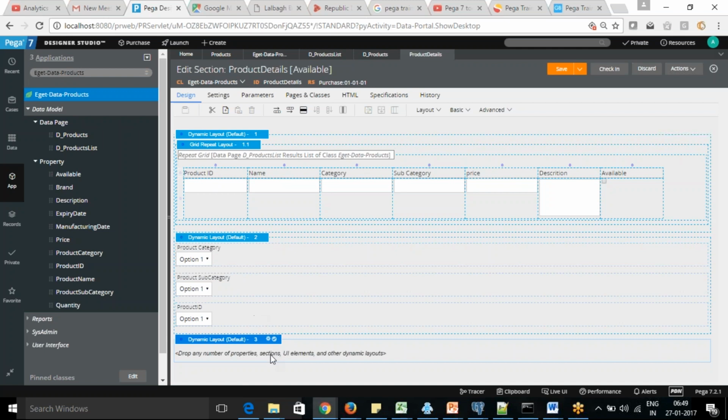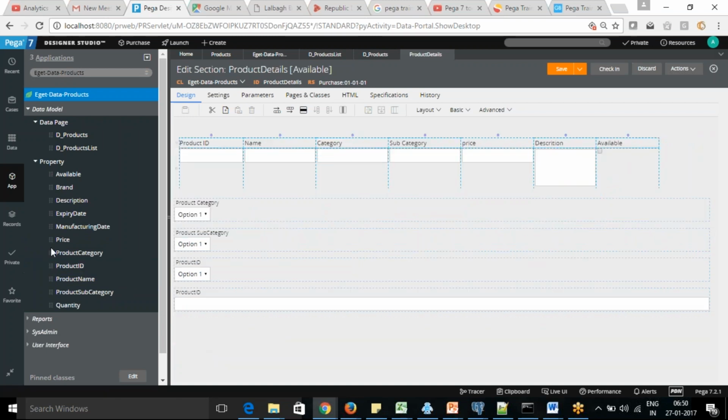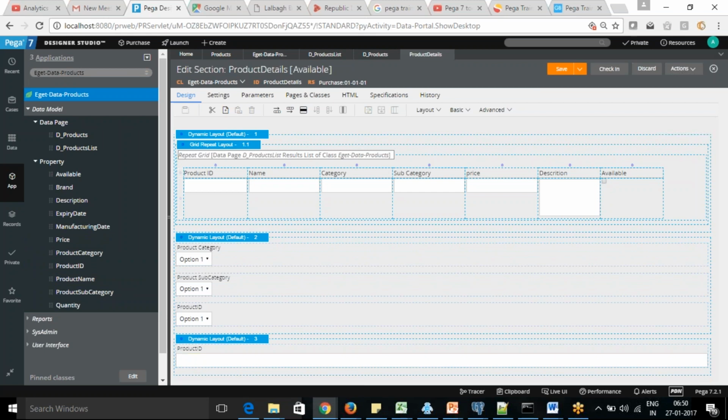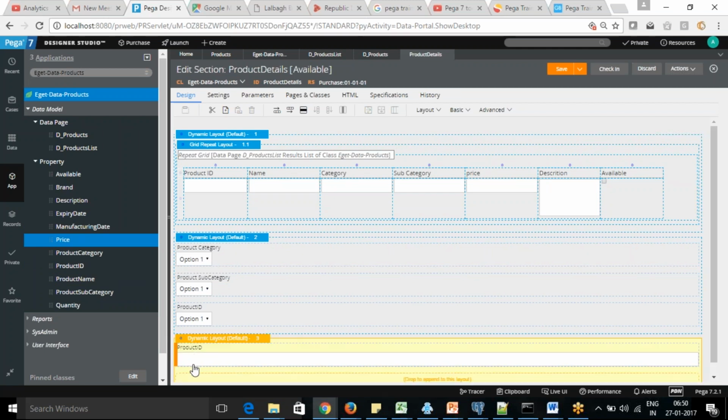I need to create a separate section and I can put it here. Let's see, just going to create the product ID. Yeah, price is already there.